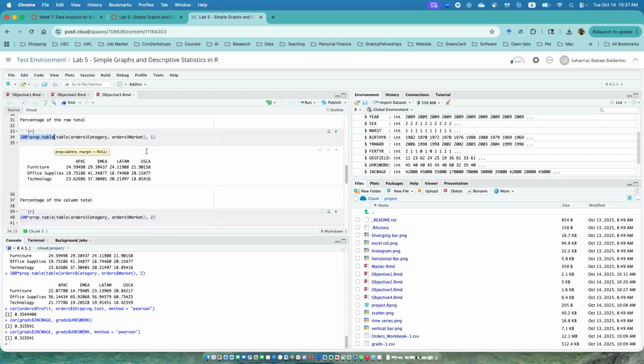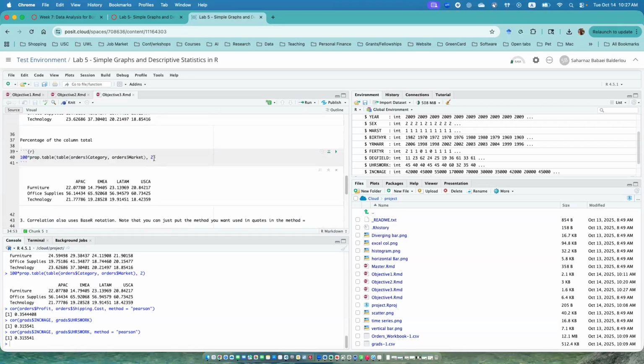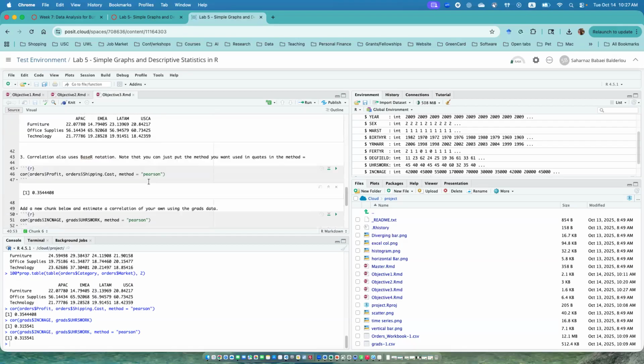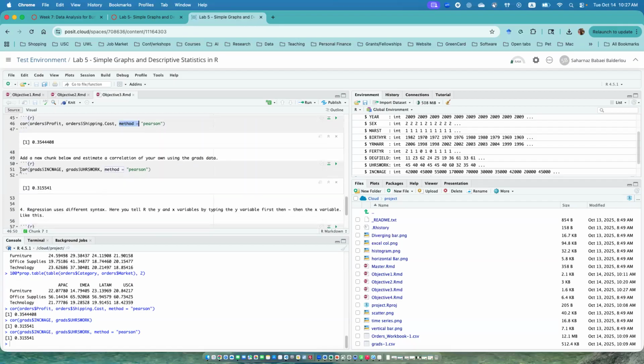If you want the entire table, you don't need to type this, but if you want out of the row total, you can type 1, and out of column total, you will type 2. For the correlation, you can type cor over here, and you can even define the method. But with the